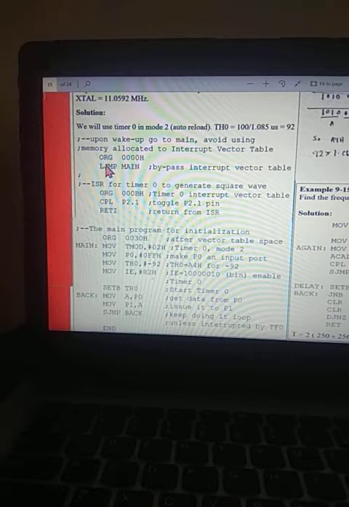We'll start the program with ORG 00H, LJMP main. LJMP means it will bypass the interrupt vector table. What is the interrupt vector table? This is the interrupt vector table. It will simply bypass it, because the timer 0 interrupt vector starts from 000BH. If you wrote the main program there, it would be fetched directly at that point. So you start from the main program, and within the main program you can introduce the interrupt and move to the interrupt service routine. We'll see this after the main program.